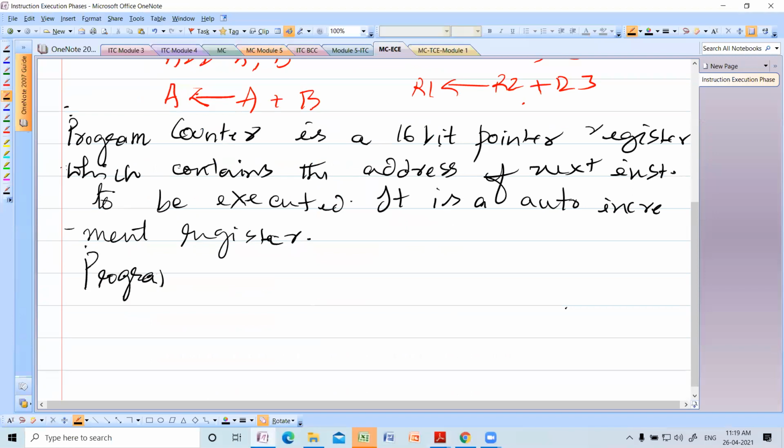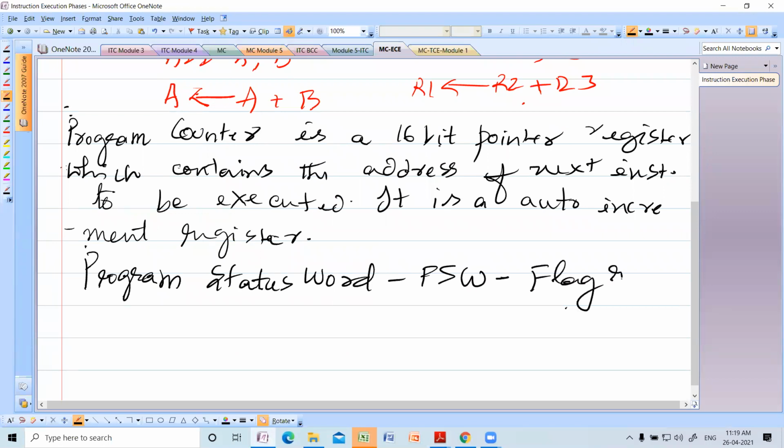Program status word. What is program status word? PSW. It is also called the flag register.